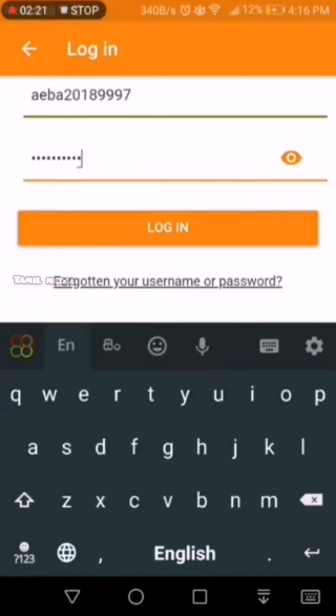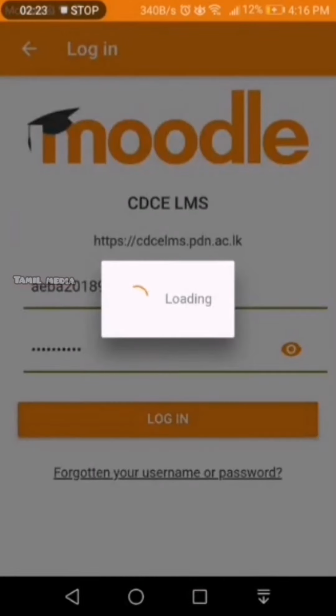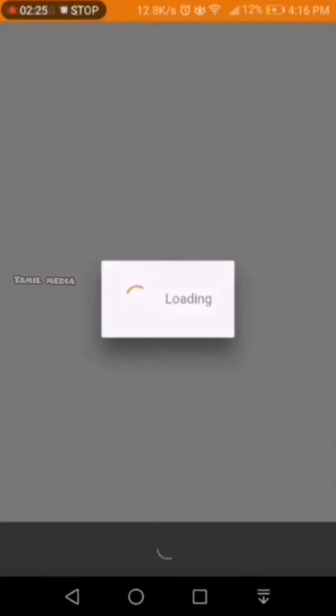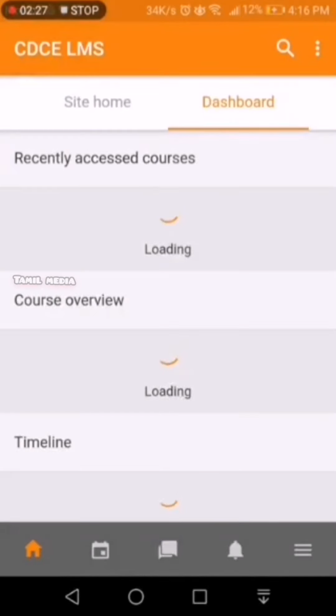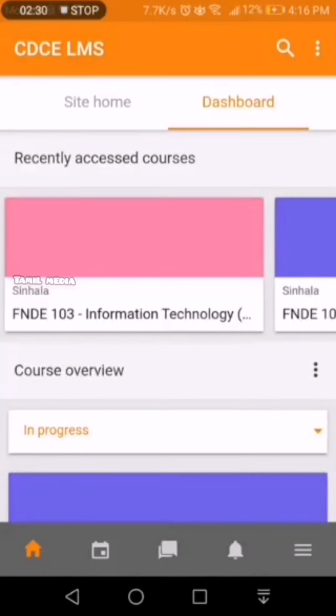And click login. Okay, this is the dashboard of the CDCE LMS.